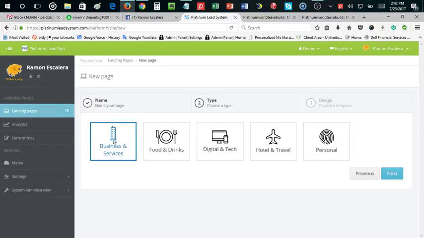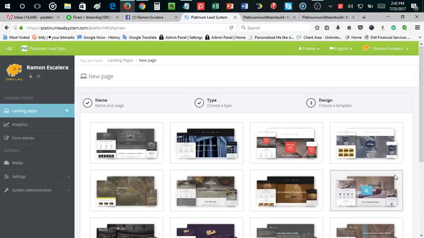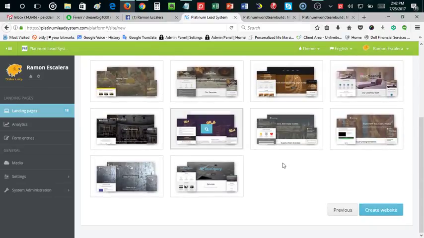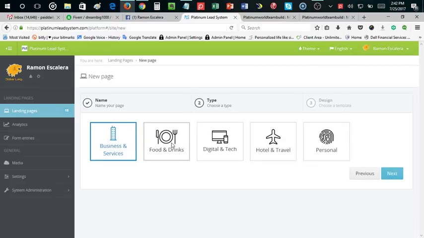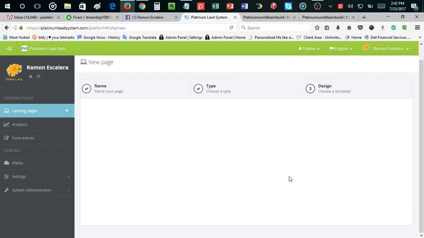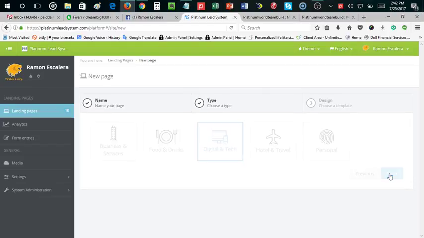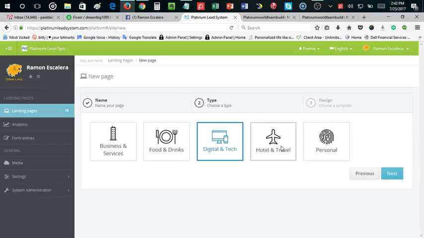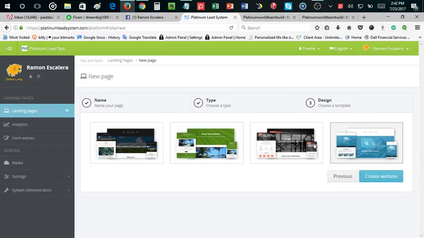Business and services, if I were to select business and services and click on next, it would take me here, and these are all the templates for business and services. But I can go back and choose something else. Food and drinks. I click on food and drink, click next, and as you can see, food and drinks. Click on previous, digital and tech, and these are digital and tech, as you can see here. Previous, hotel and travel, click on next. This is hotel and travel